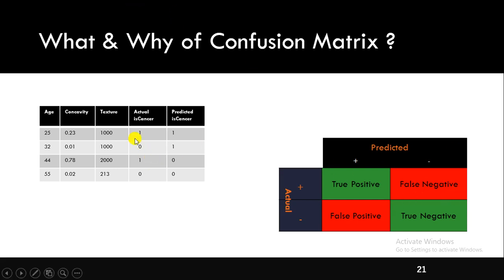So in this case, since the target column has only two classes in it, the confusion matrix will be a 2 cross 2 matrix. In the case of correctly classified observations, there are two types. One is true positive, the other one is true negative. In the case of a misclassification, there are also two types. One is false positive, the other one is false negative. The false positive is also called type 1 error, and false negative is called type 2 error.